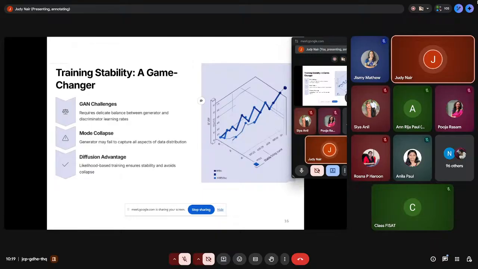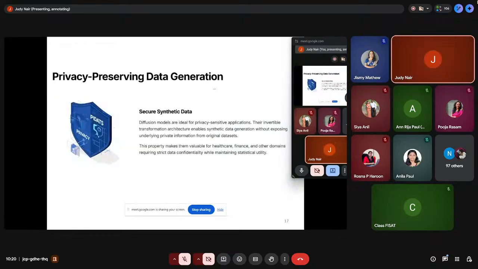Here the advantage is that it is always using likelihood-based training, which ensures stability and avoids collapse totally. So that is one important advantage of using a diffusion model: it has training stability, and it overcomes the mode collapse which was there in GAN.